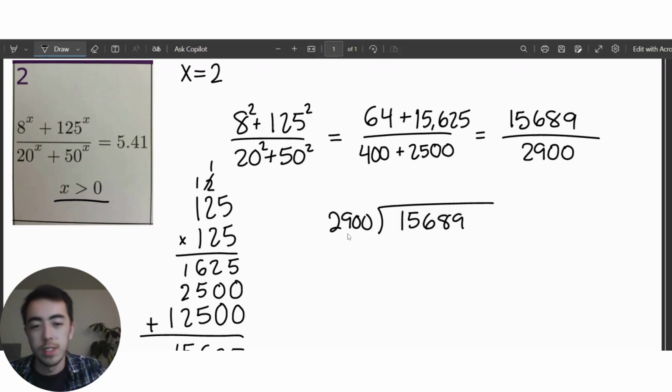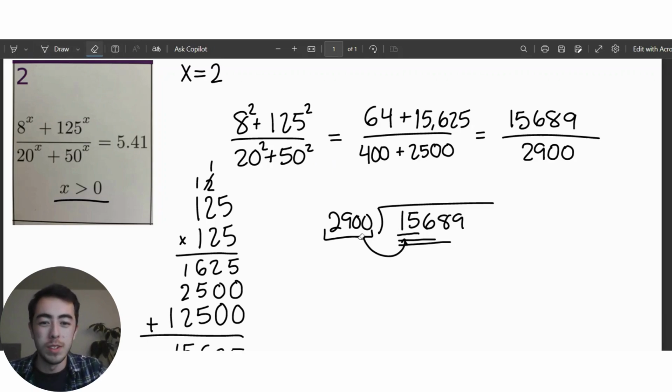Then, going through the long division process, I would ask myself, does this number fit into 1? No. Does it fit into 15? Still no. 156? Also no. Also no with this one. So I just have to figure out how many times this 2,900 goes into this bigger